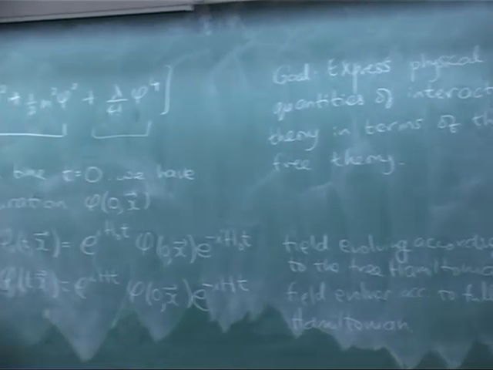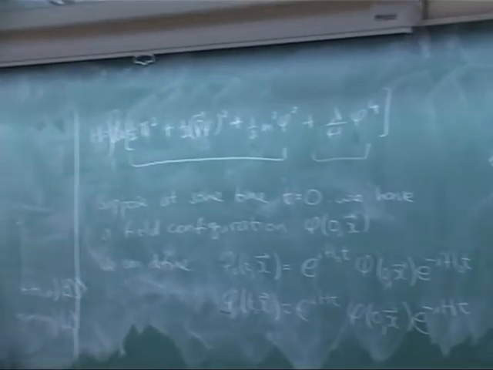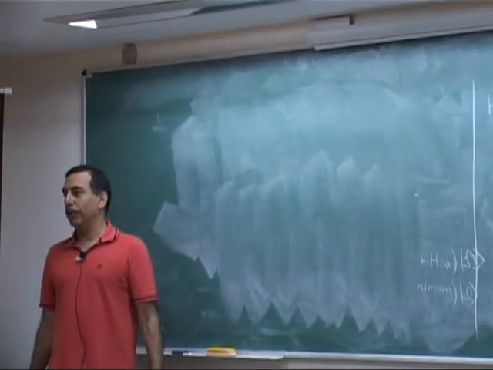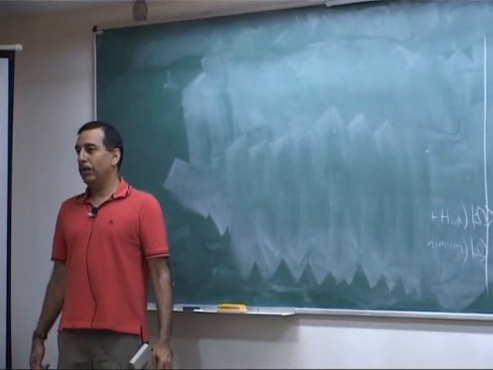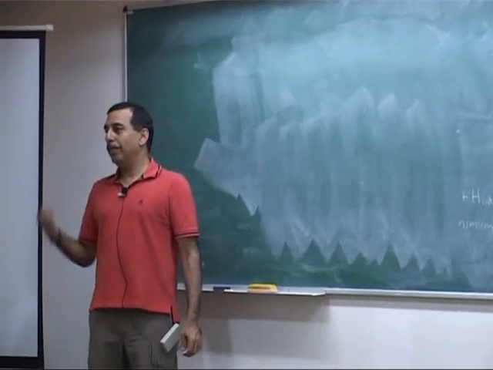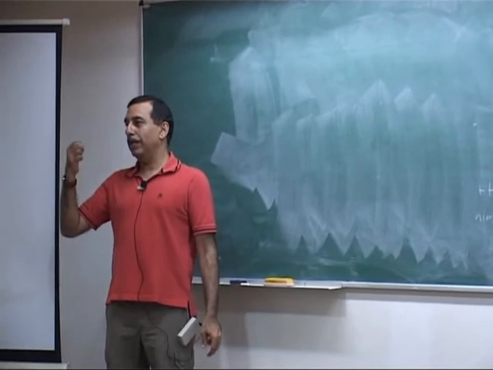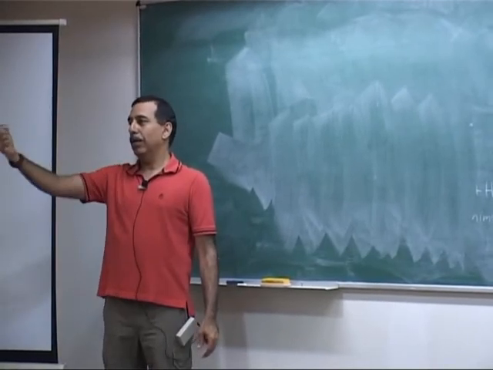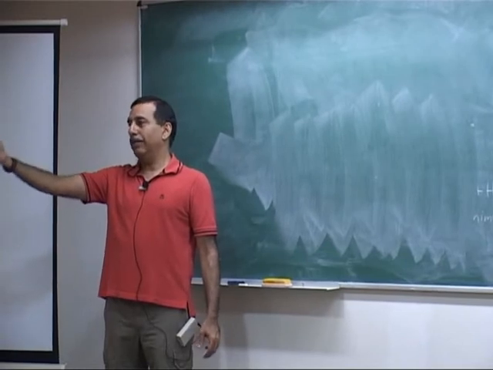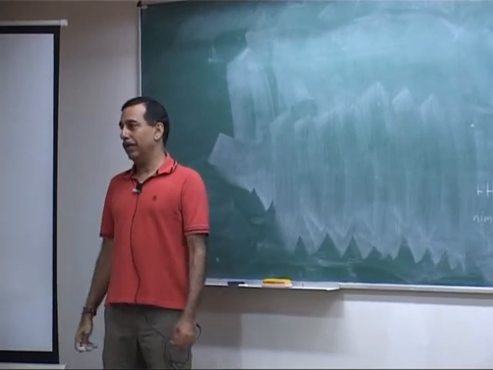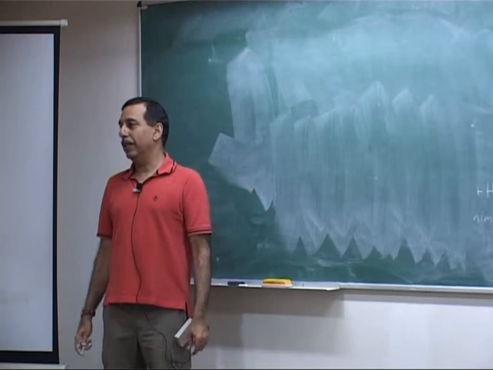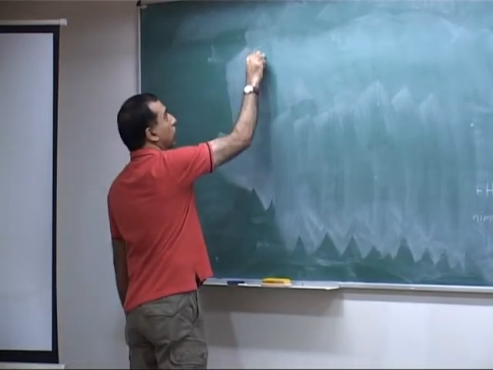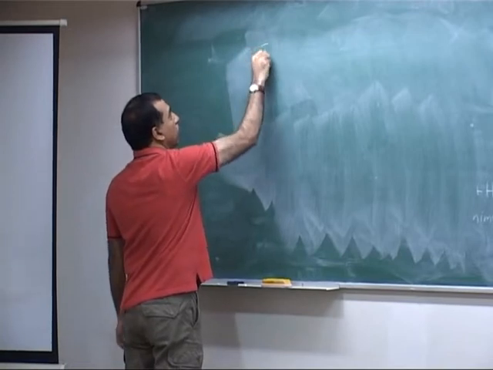What would be a simple physical quantity of the interacting theory? It would be the full propagator, the interacting propagator. Okay, what should that be? That should be the amplitude for the particle to propagate from point x at time x naught to a point y at a later time y naught. Okay, but not in the free theory, in the interacting theory. So the full propagator or interacting propagator